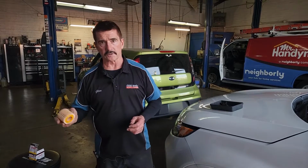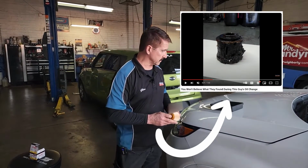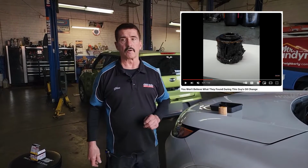So unfortunately, over the years, I've hired many techs who have quit their jobs at other places because they were doing stuff like this. Dishonesty, no integrity at all, charging customers for stuff that they're not doing. This is actually a follow-up to another oil filter incident that I recorded a number of years ago, but